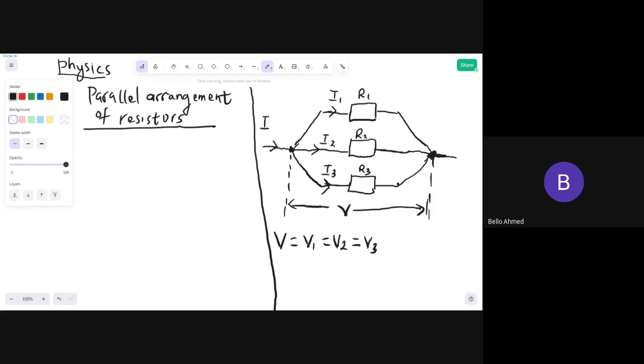So the voltage across R1, V1, the voltage across R2, V2, and the voltage across R3, V3,